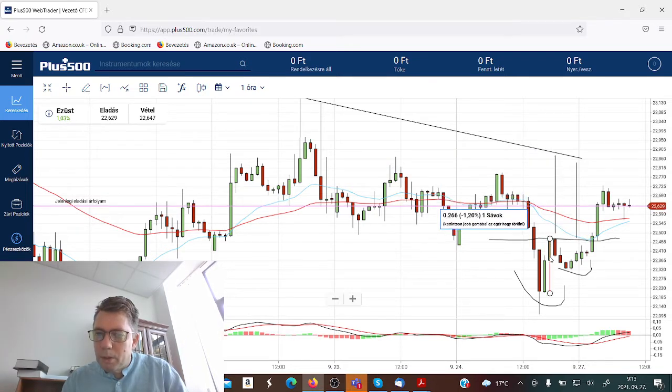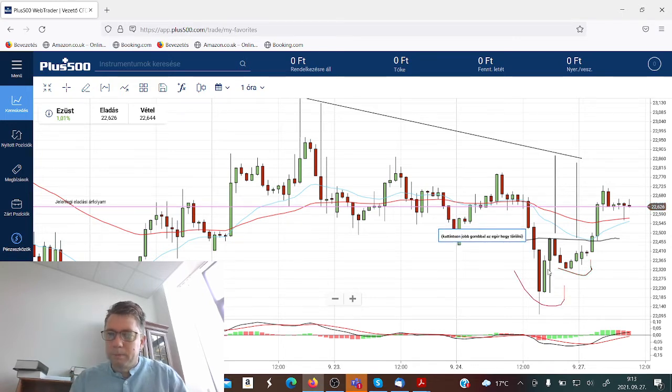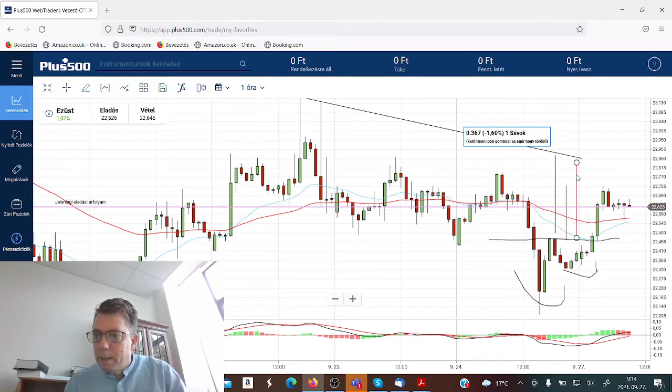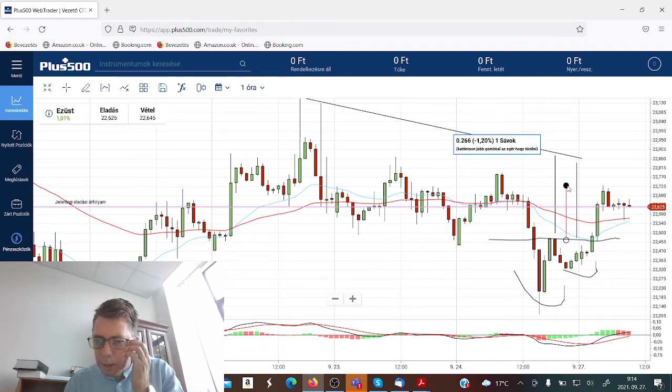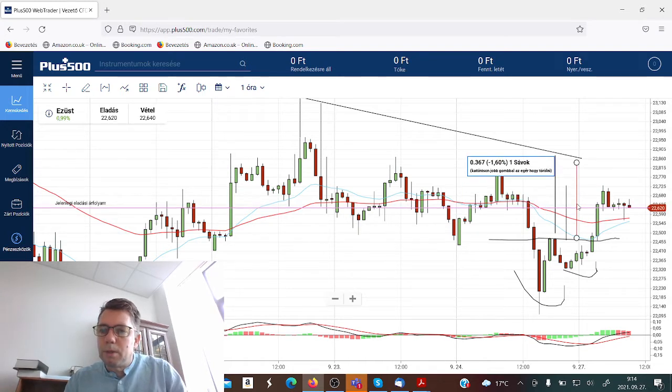So the way we measure the target price is from the top to the bottom, and this will be the conservative target. So I measured it, and what's going on here? Okay, here. Okay, so I measured it, and let's put it right on the neckline. And as you can see, the price target is around 22.73-ish area. But there's another